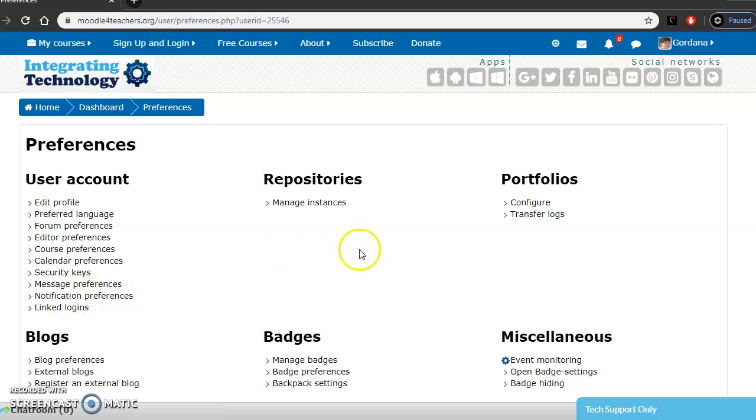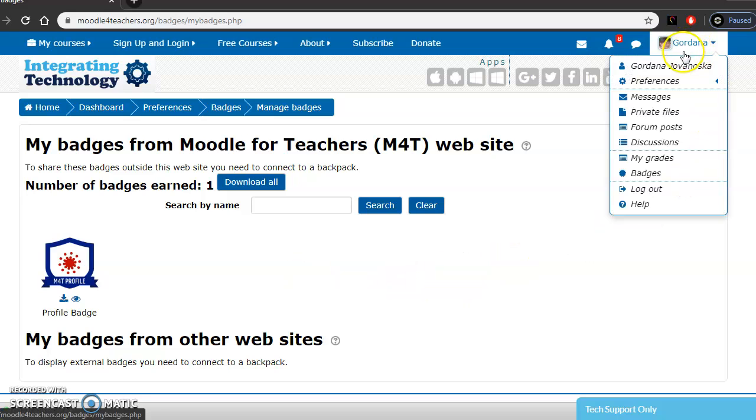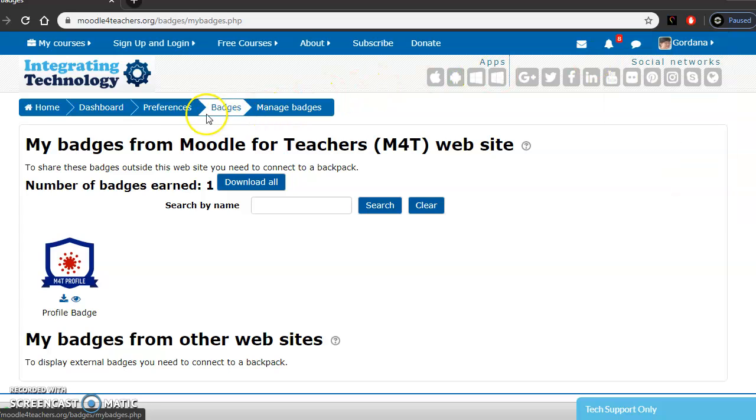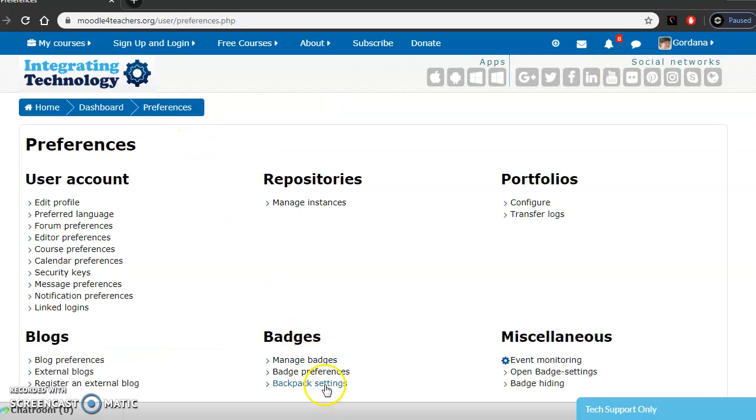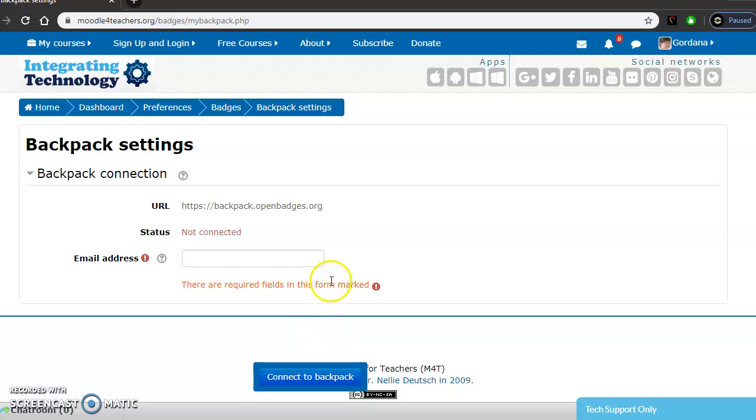What I want now is to see my badges. I can click here, manage badges, and see that I have only one profile badge. If you want to add other badges, you can go to preferences and backpack settings, and you can click